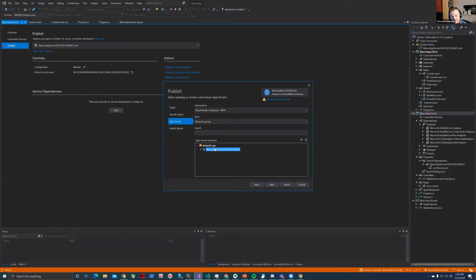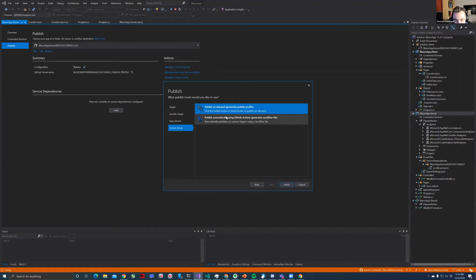And I've already set up the app service instance. You can create a new instance from within this dialog box. And it now targets .NET 5 by default, so you don't need to go in and switch it over. They must have made that change in the last couple of weeks, because when I tried this a couple of weeks ago, I had to actually go into the portal and change it over to .NET 5. So if you go to next, you have this option to publish automatically using a GitHub action,